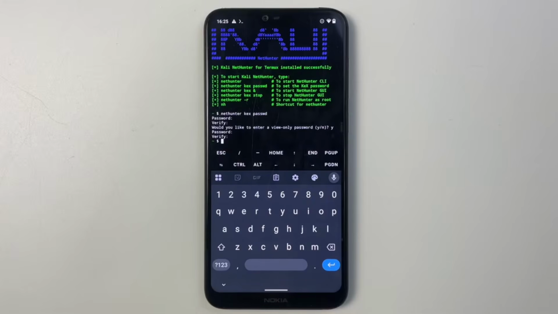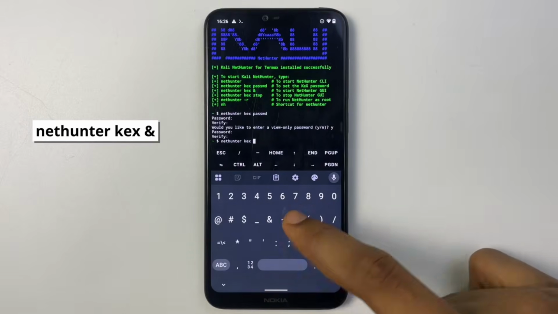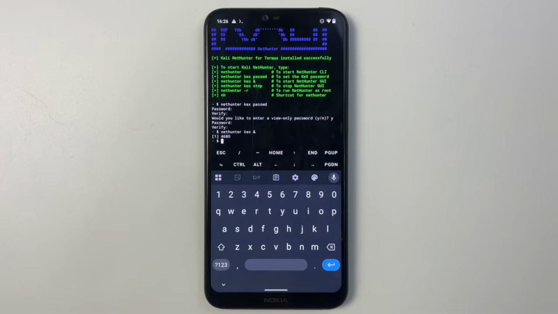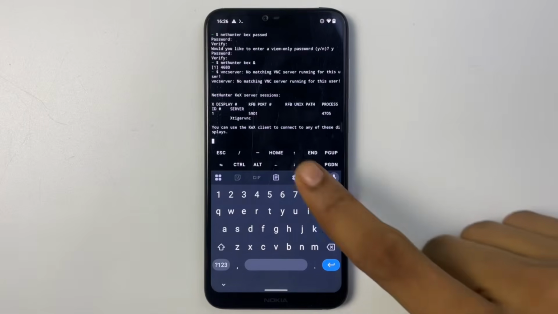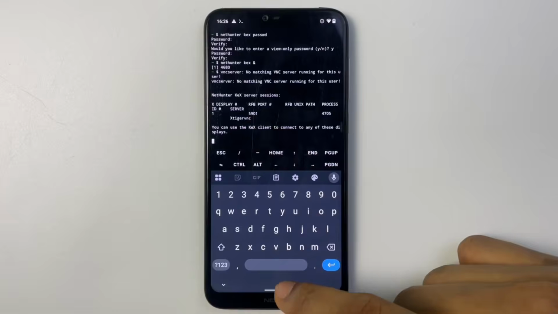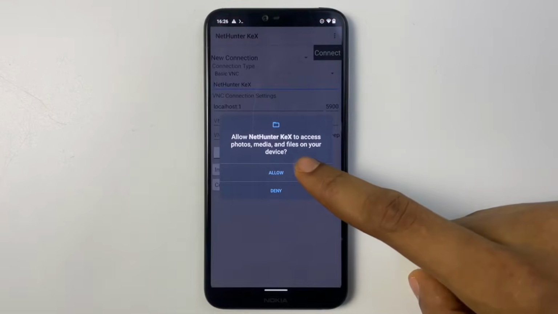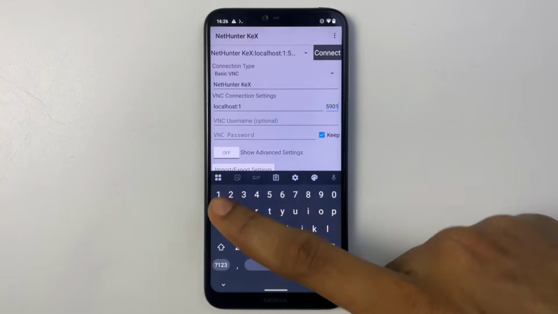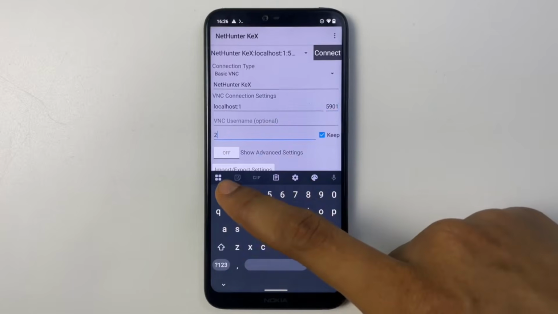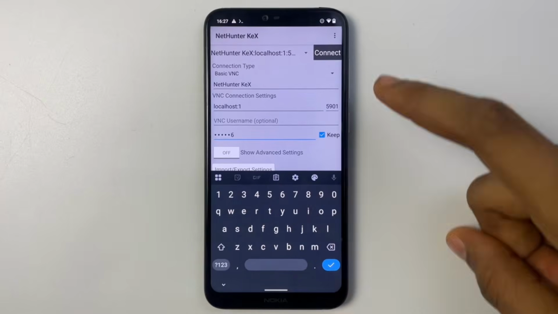Now to run Kali Linux, just type in nethunter kex and then hit enter, and it should start up VNC. So you can see we now have the RFB port number, which is 5901. It should be the same in your case, so take note of your port number. Now we can open NetHunter KeX, allow, and then you can see the port number 5900. Change that to 5901 or whatever you saw there, and then type in your VNC password, which we set earlier. So just type in the VNC password we set about a minute ago, and then connect,